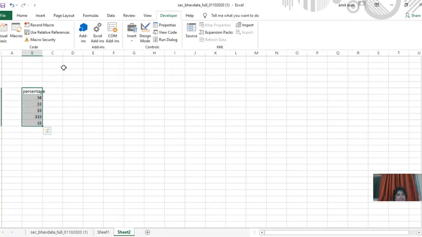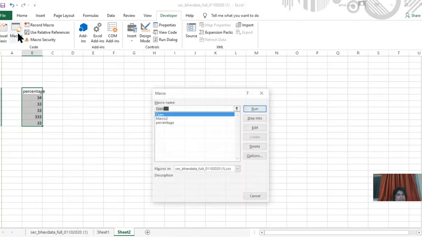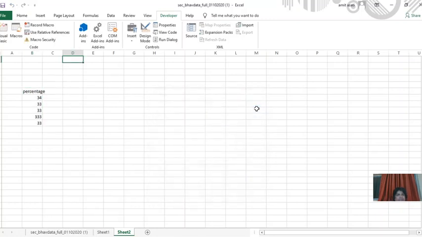I select the cell, then run the macro and apply percentage. It's going there. Okay, we will write from here, so it will work. 24. Oh, it's writing percentage here because this cell has been converted into a percentage, and it's showing like this. And if we apply this in percentage, okay,